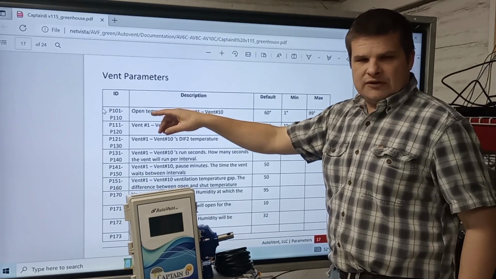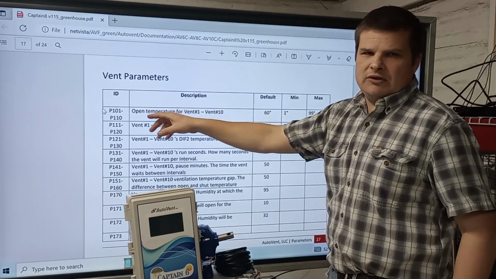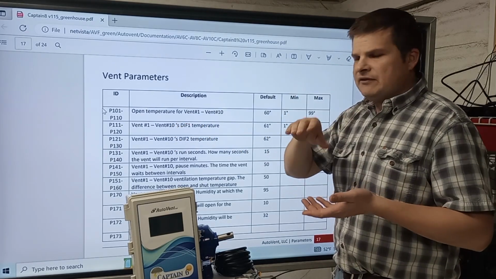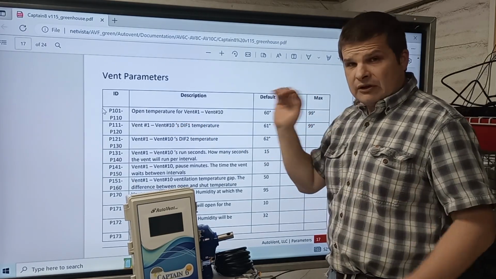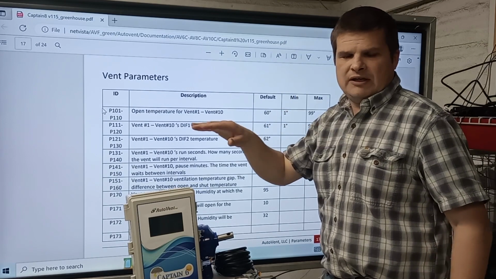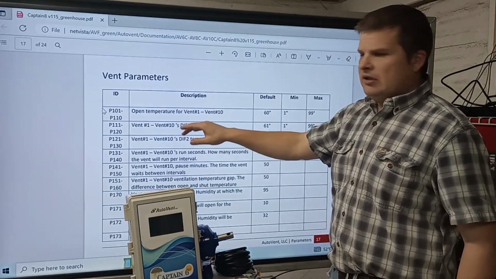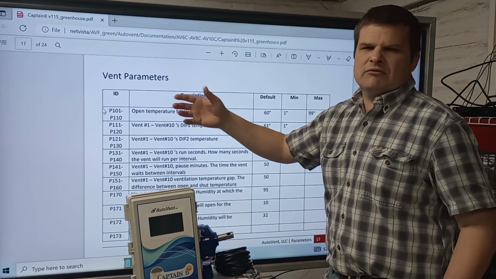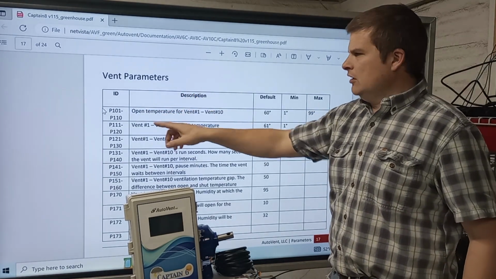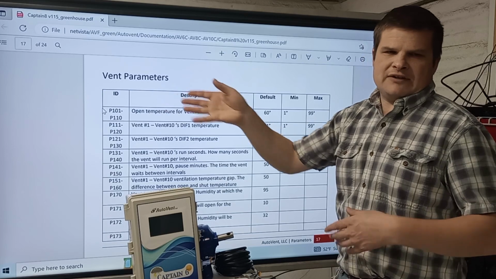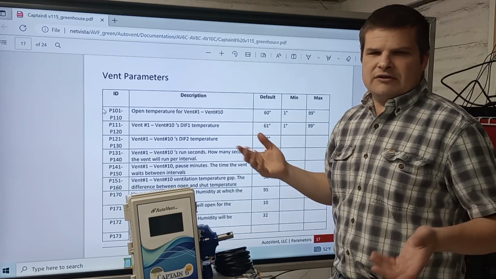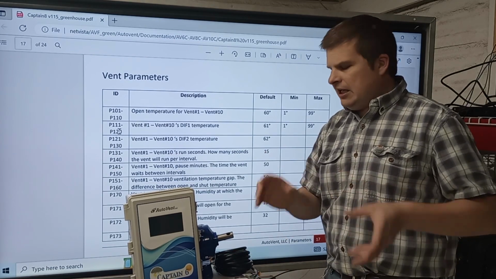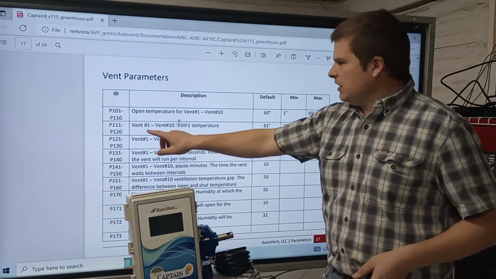Then for vent 2, it would be P102. Vent 3 would be P103. And you each have your setting for each one of those. They're each unique. You can run them, each with their own set point. And it'll only show the ones your system is set up for. If you don't have any vents, or only have one vent, only P101 will show up. The rest won't, because they're not enabled. And that's another video, on how to enable different outputs. So here we've got the vents